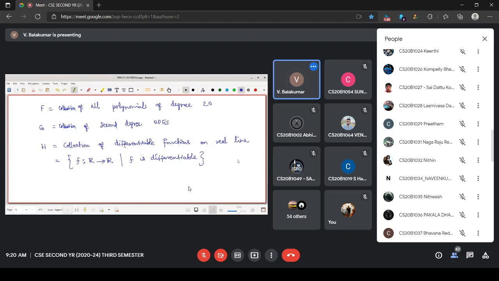For example, probably you studied that mod x is not differentiable. Mod x picture is like this. It is actually defined as f from R to R with the definition f of x equal to mod x.